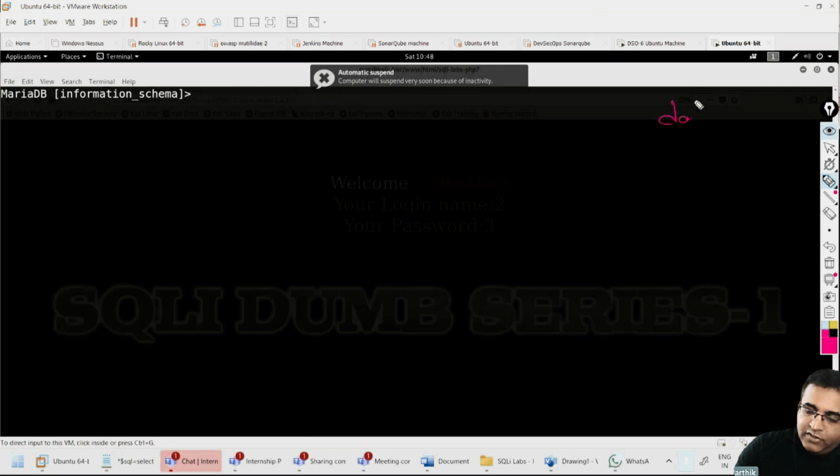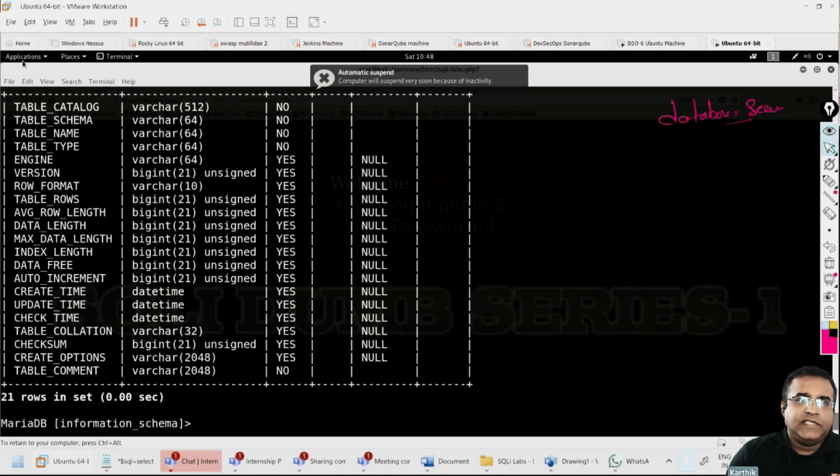But we got one parameter now. We got the database is equals to security, right? So now you could see here, there's one more column called table schema. This is the name of the database which the table belongs to.